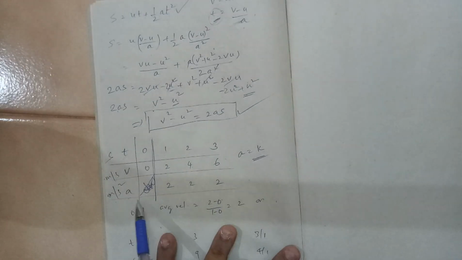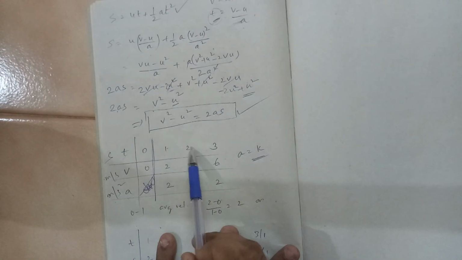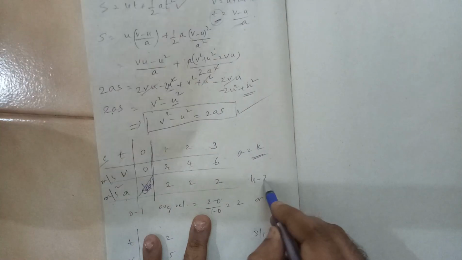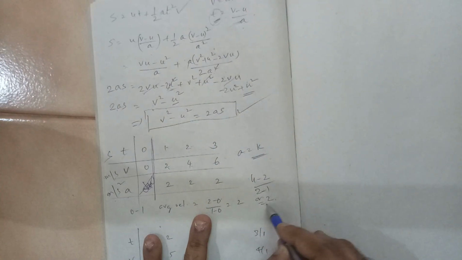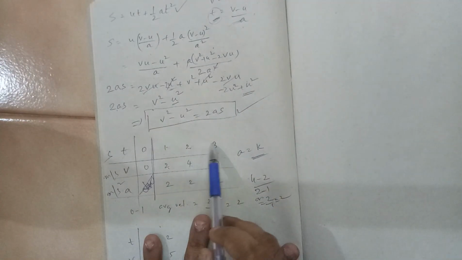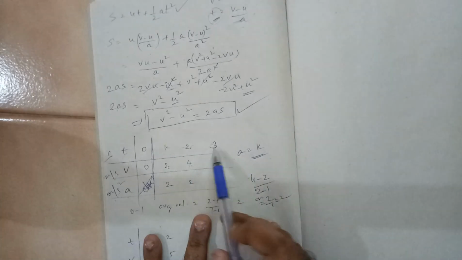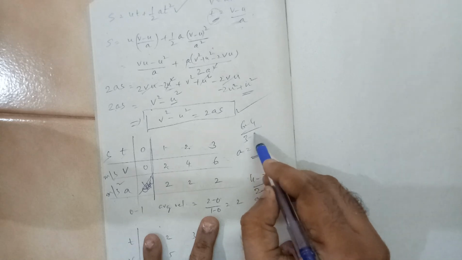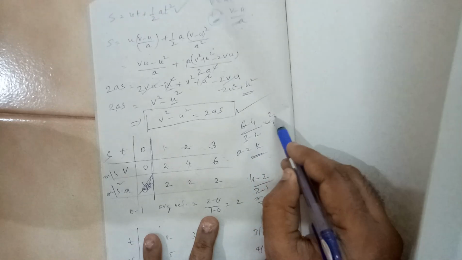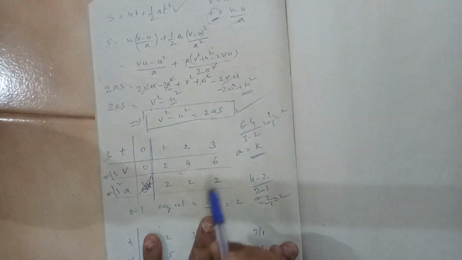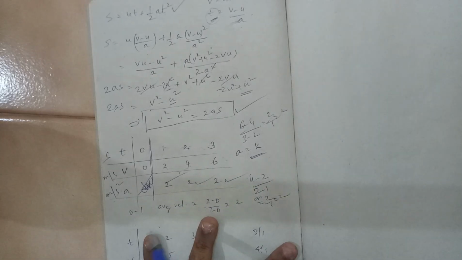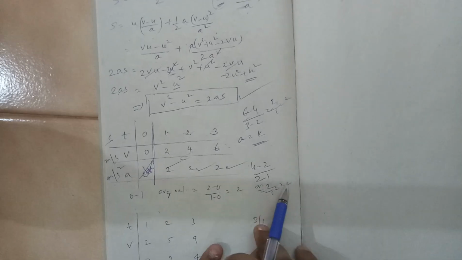If you see what is the acceleration for this segment, the change in velocity is 4 minus 2, which is 2, divided by 2 minus 1, so it is 2 by 1, it is 2. You check for the segment 2 and 3. Here also it is (6 minus 4) by (3 minus 2), which is nothing but 2 by 1, it is 2. Like that, if you see the acceleration value, every time you are getting 2 only. This is the case of constant acceleration.